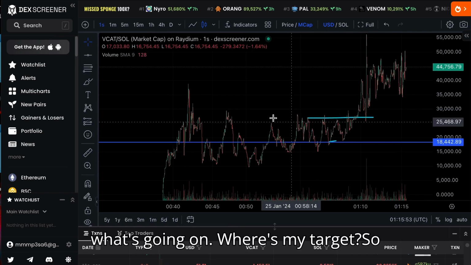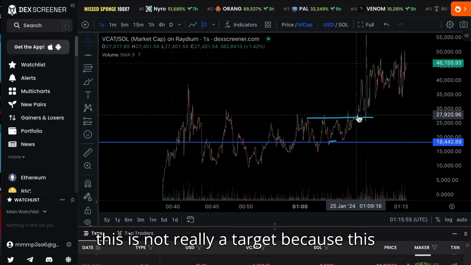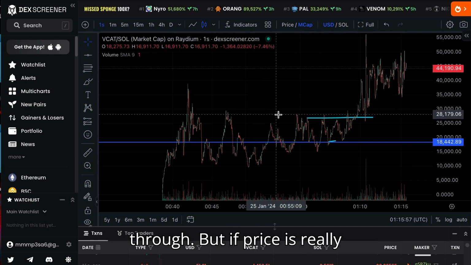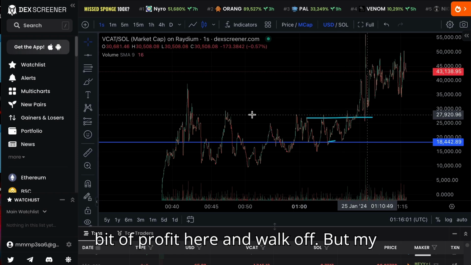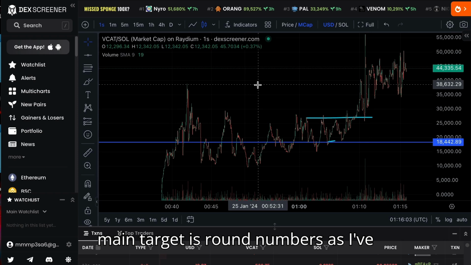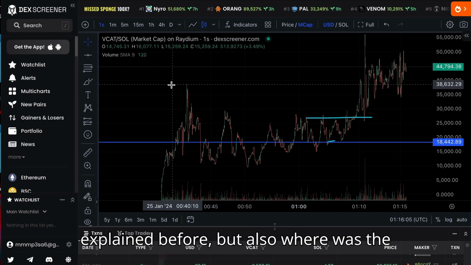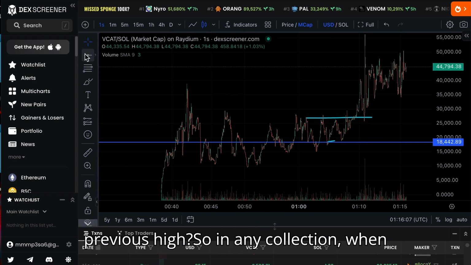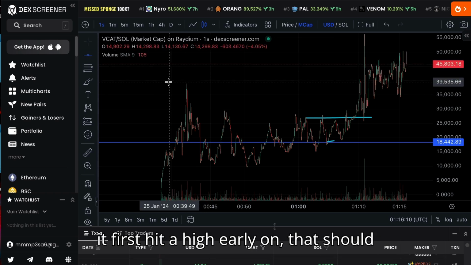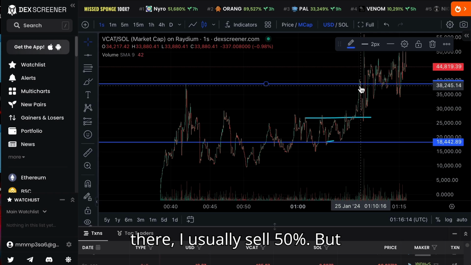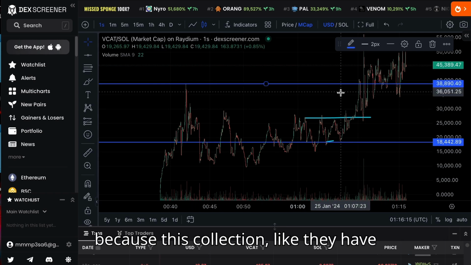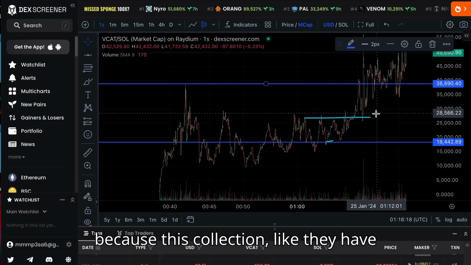Where's my target? So this is not really a target because this is where I think it's going to break through. But if price is really struggling, I can always take a little bit of profit here and walk off. But my main target is round numbers, as I've explained before, but also where was the previous high? So in any collection, when it first hit a high early on, that should be your target. And when the price got there, I usually sell 50%, but because this collection, like they have no Twitter follows or anything,